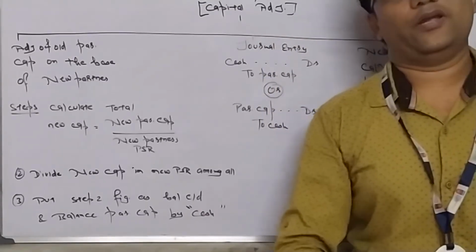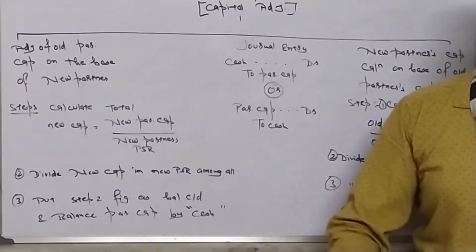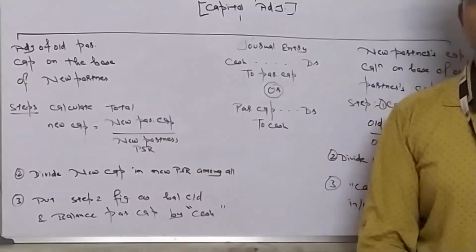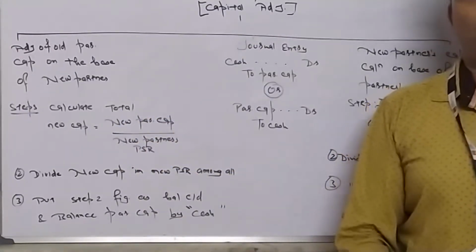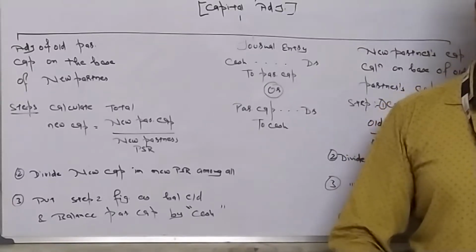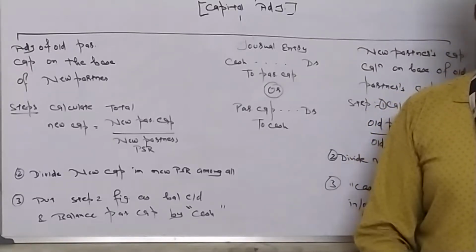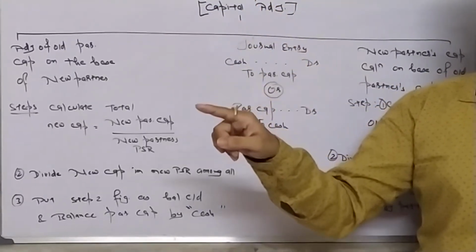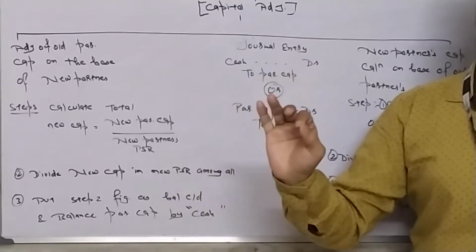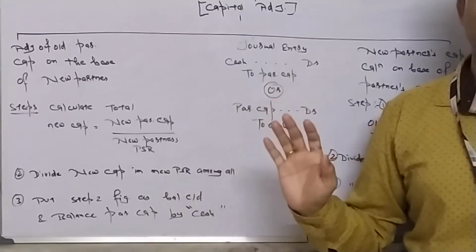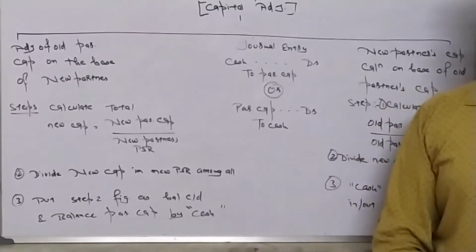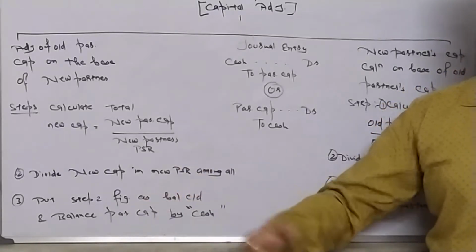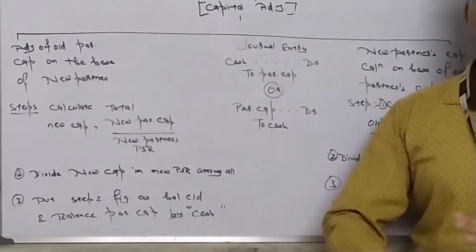Suppose we have prepared revaluation account, we have prepared partner's capital account. Then there is a balance CD. What we do? We add all credit side items, we deduct debit side items, then there is a balance CD. That is treated as the closing capital of the partners. But old partners, they don't want to take that capital as their new capital. They want to adjust it.